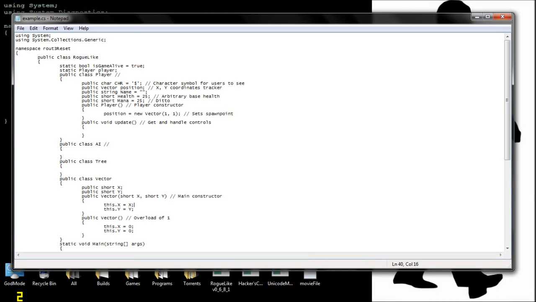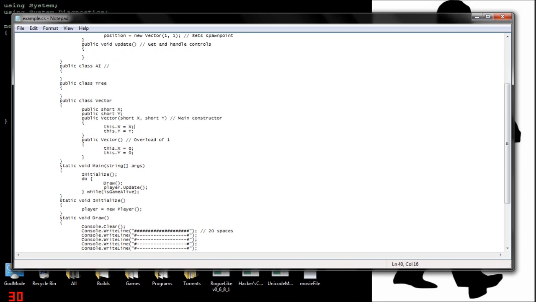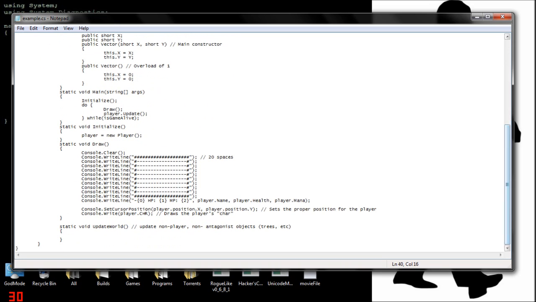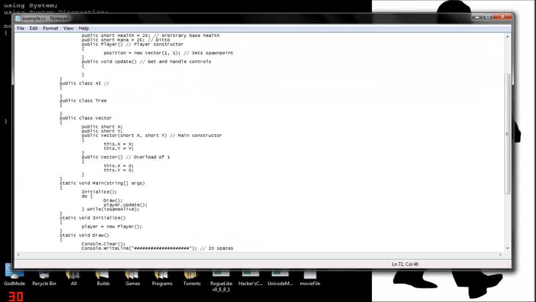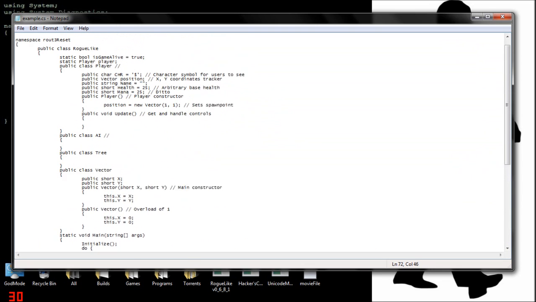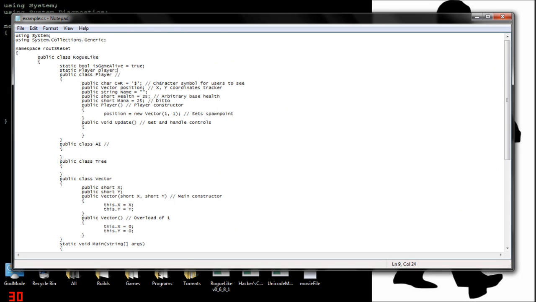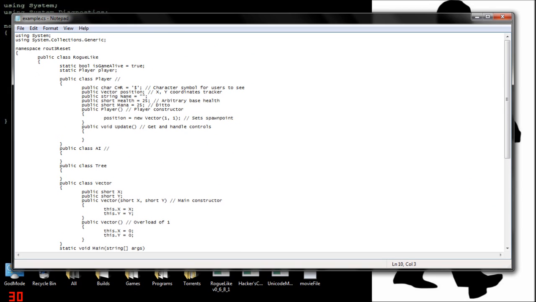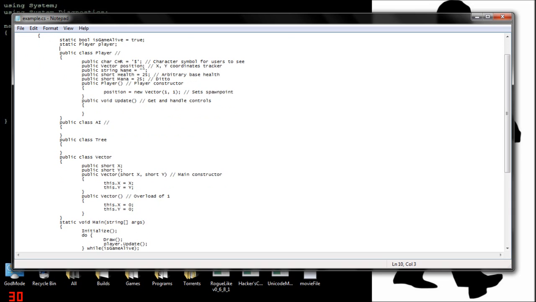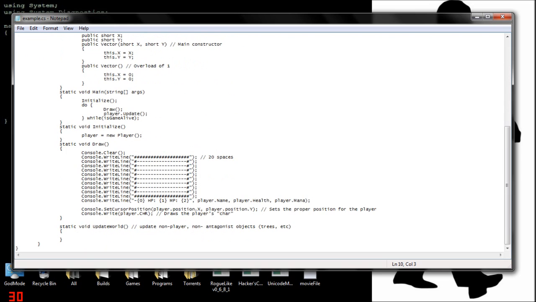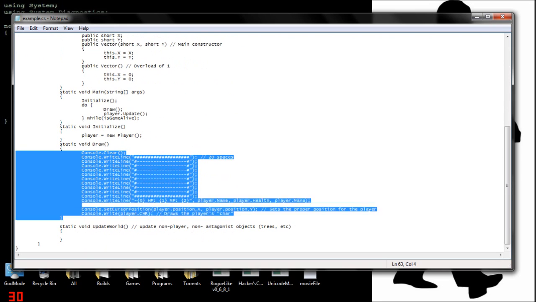Welcome back here with Route Reset, and I'm going to continue off where I left off in the last roguelike video. I told you guys that I was going to try to fix the flicker here and add the controls for the player. And the easiest way to fix the flicker is to make an entirely different thread to run both the drawing